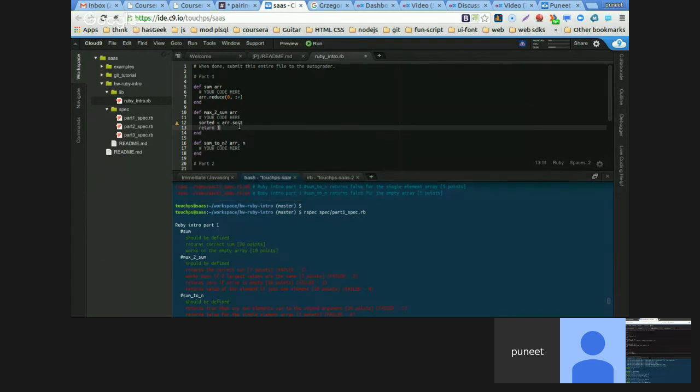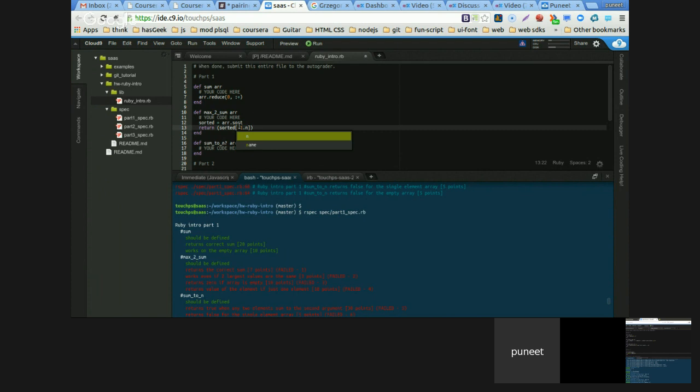So we also have to check whether the size of the array is 1 or 2. In that case, we only need to return the element if there is only one element. So I'm using a conditional expression and checking if it's